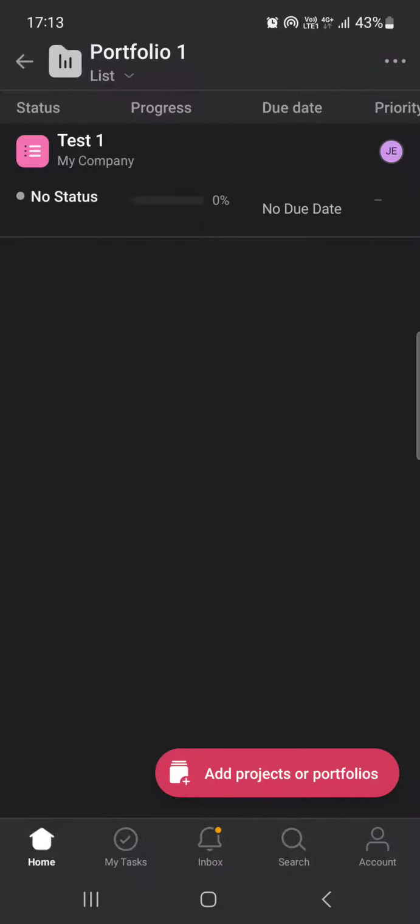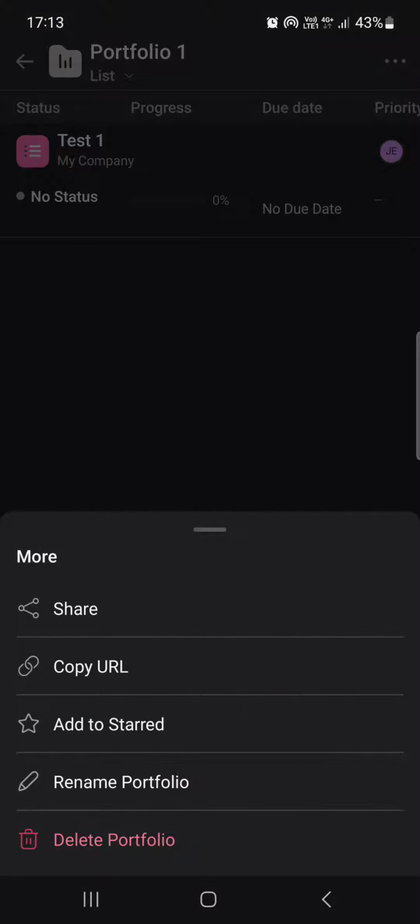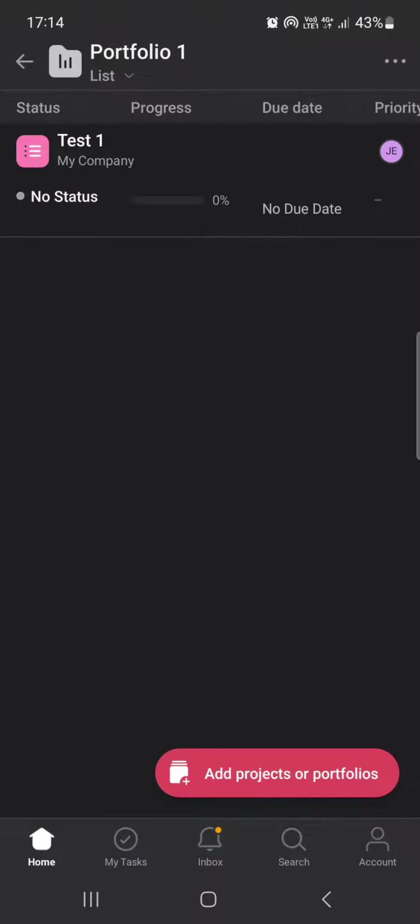And then in the top right corner, we find three little dots. If you tap on those, there's a section that pops up. And here in the middle, we find add to start. And if you tap on this, the portfolio is going to be added to the start section, which means that